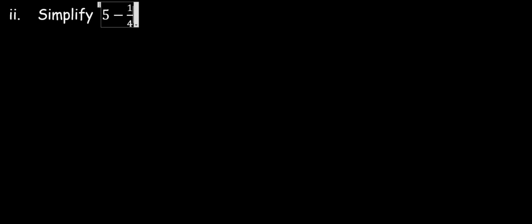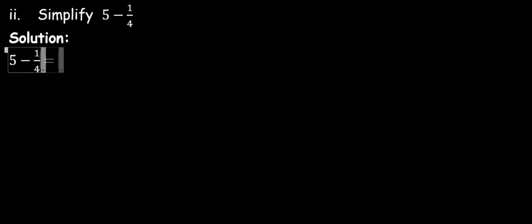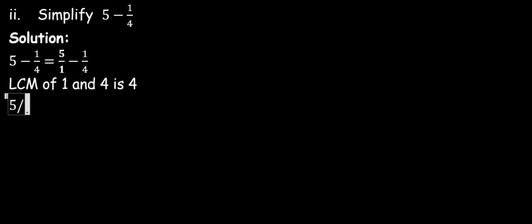Another example. Simplify 5 minus 1 over 4. Solution. 5 minus 1 over 4 is the same as 5 over 1 minus 1 over 4. LCM of 1 and 4 is 4. Thus, our given problem will be equal to, at the denominator you put 4, and 1 divided 4 will give you 4. 4 times 5 will now be 20. In the second case, 4 divided 4 is 1. 1 times 1 is 1. So you have minus 1, which will be equal to 19 over 4, which is equal to 4 whole number,